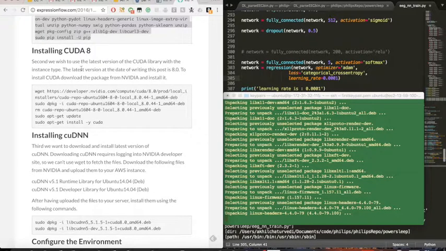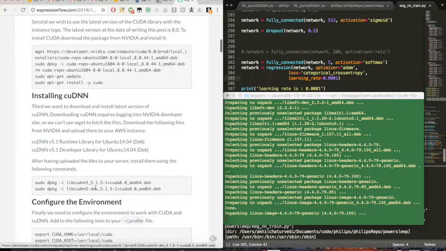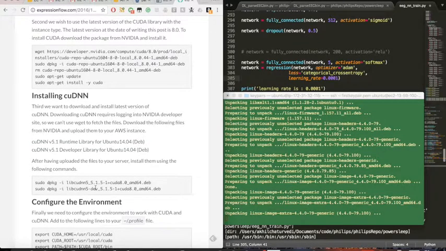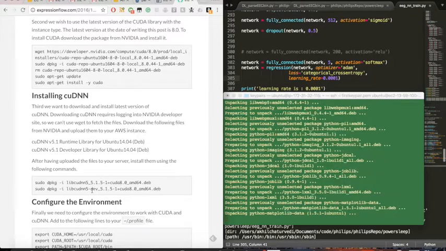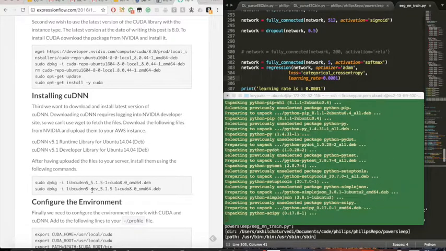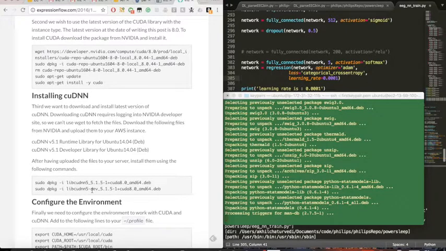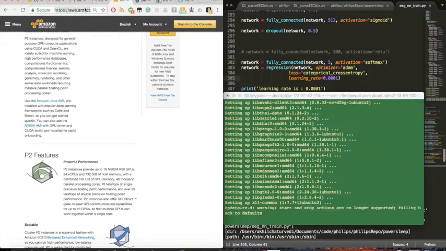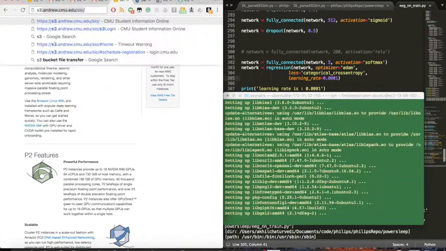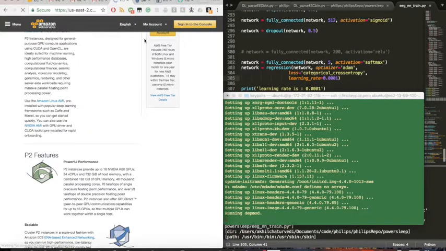Okay. CUDA 8 is not a problem. I think cuDNN needs a file which basically has the library files as well as the development files. And I actually have these in my S3 storage. Let me just see. AWS S3. Let me just see